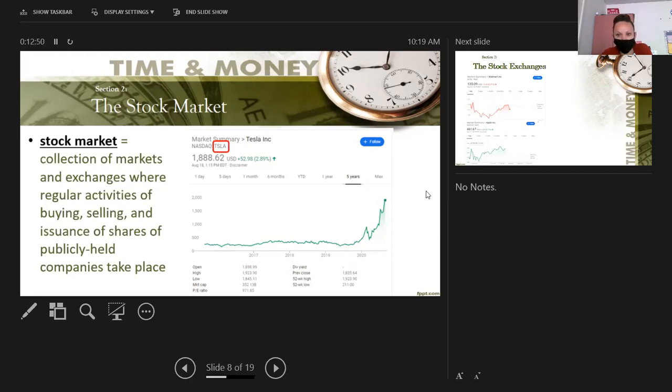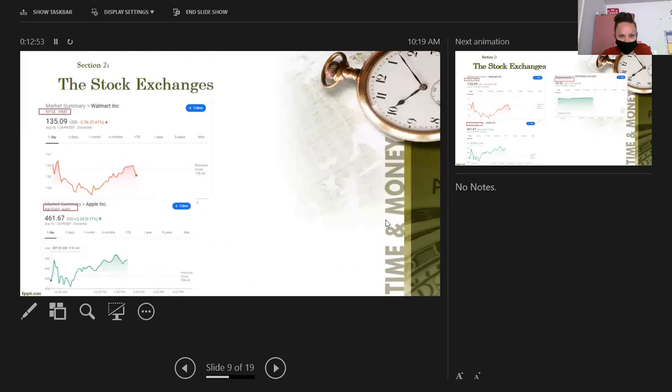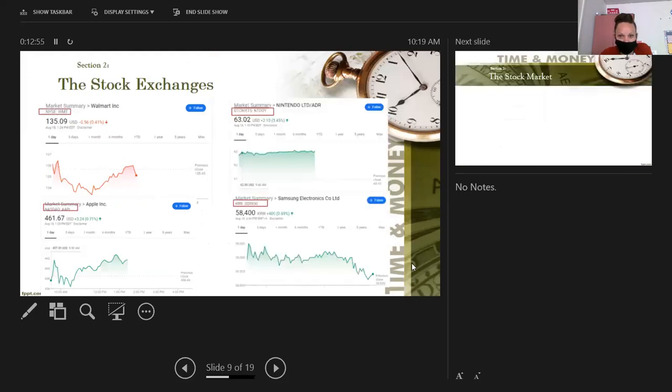So that's just a little snapshot, as well as these ones. It's kind of hard to see, but in the box it gives the ticker. And the first few letters tell you what stock market, what exchange it is on. So there are multiple exchanges. And when I first started teaching finance, I did not know that. But this first one, the New York Stock Exchange, which we're going to talk about next, NASDAQ,